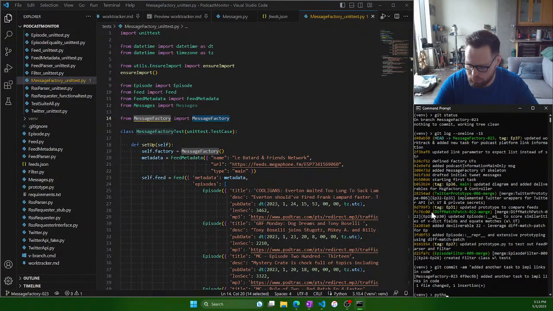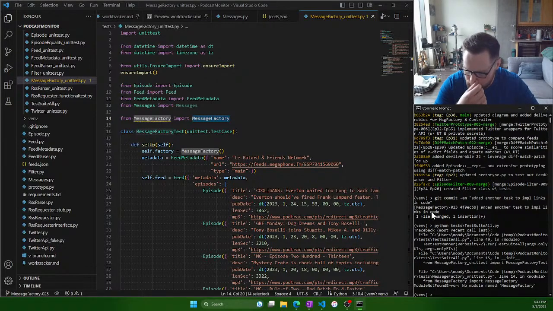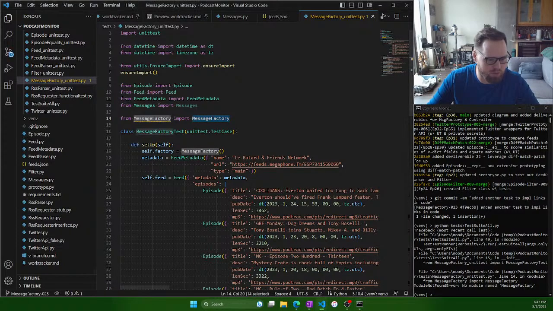Okay. So now we can get started, and we're basically just going to use the test stuff here. So let's run test suite all. And we have this module error here. So for now we can just repro that here. So the first thing we need to do is add the module to import the MessageFactory from. So we'll come in here